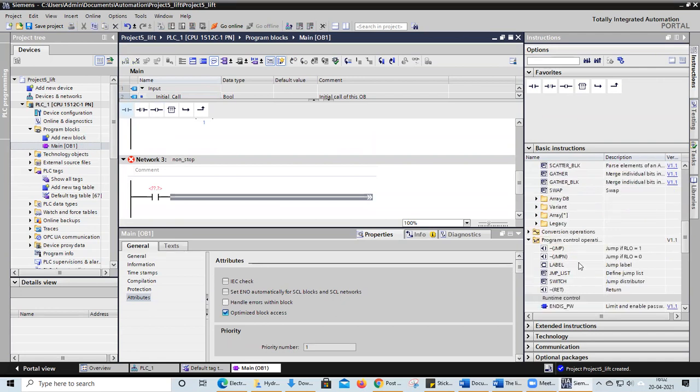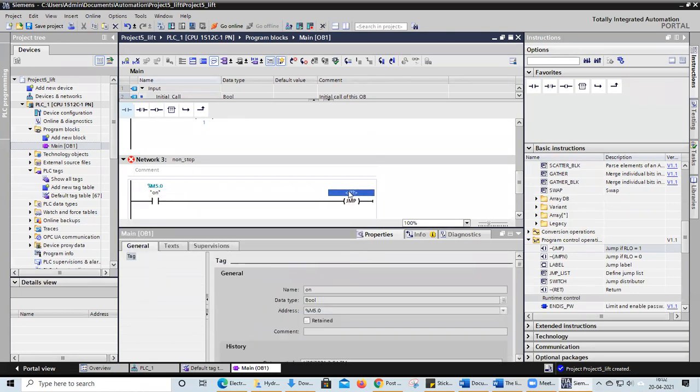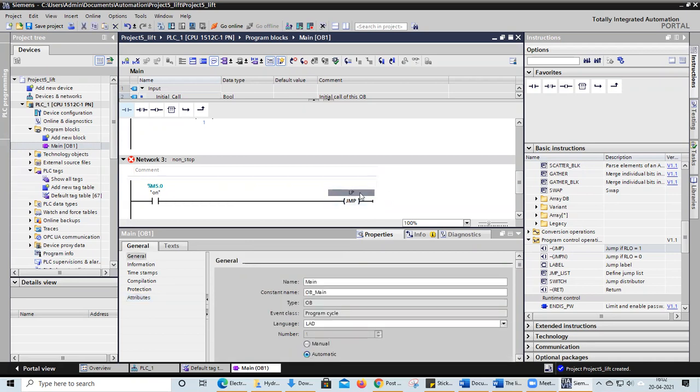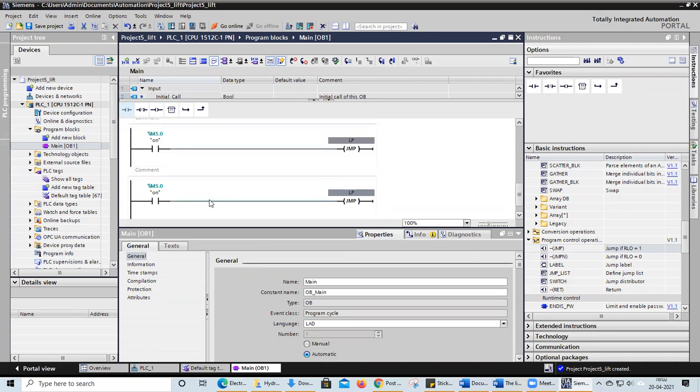You click on this jump instruction here. This one is my on circuit, and I'm going to write my jump, meaning where to jump. I need to give a label for the jump instruction, so I'm giving LP as my label. Remember this LP: wherever this LP is shown, it will jump to that particular point.